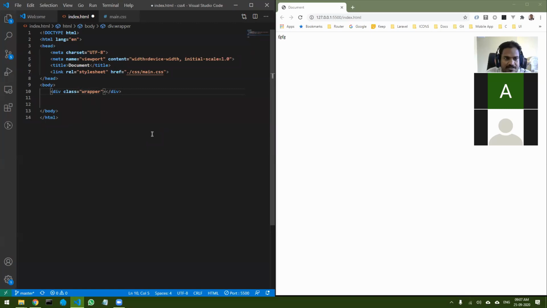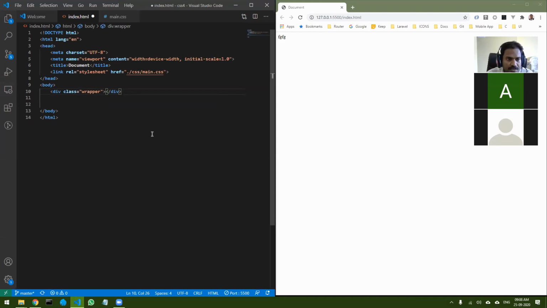But since we are using Emmet in Visual Studio Code, there is a shorthand for this also. If you want to create a div with a class wrapper, you don't have to type div at all. You just have to type dot wrapper. So dot and the name of the class that you want, and press tab. What it does is it creates the div and it also sets the class as wrapper.